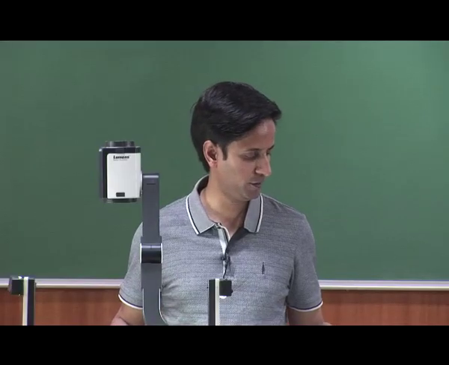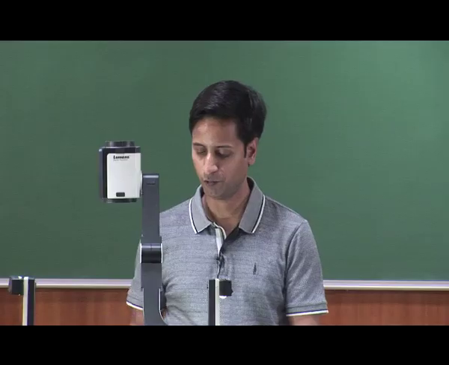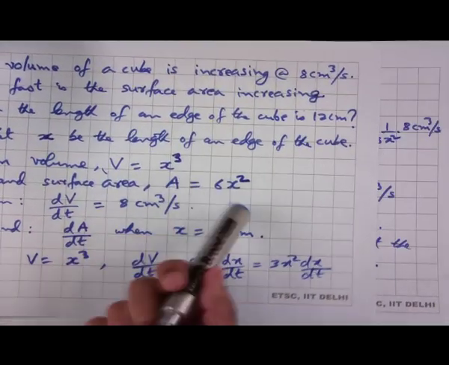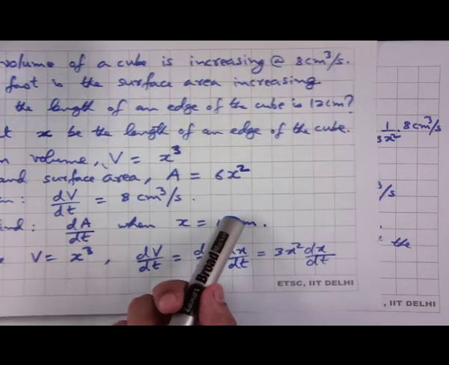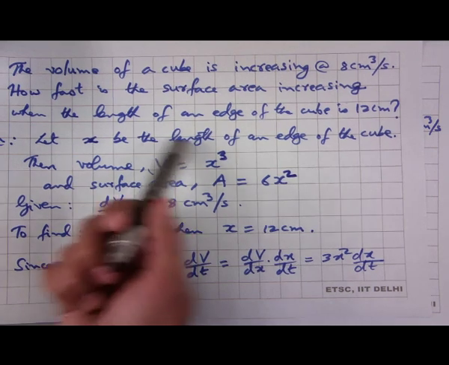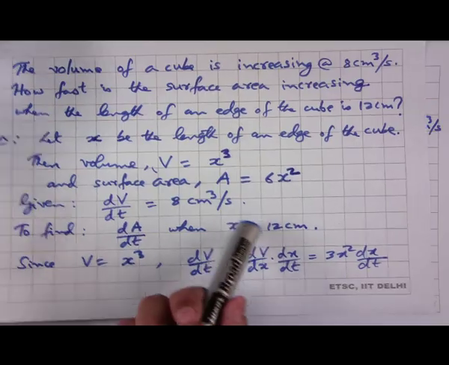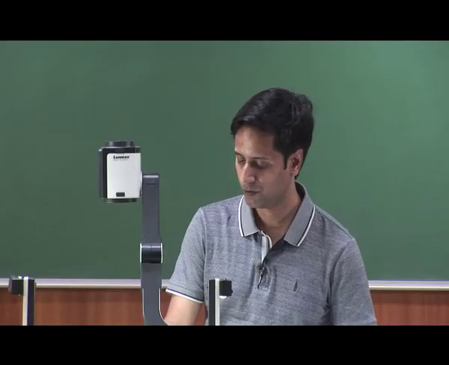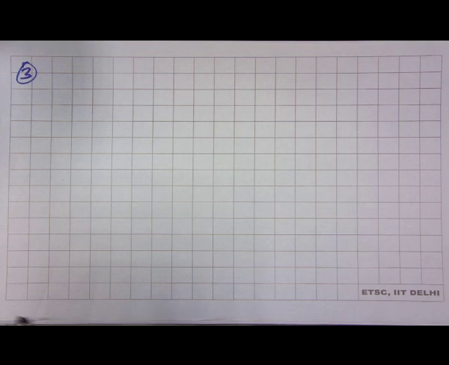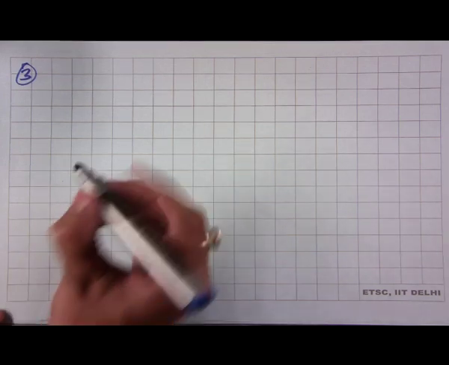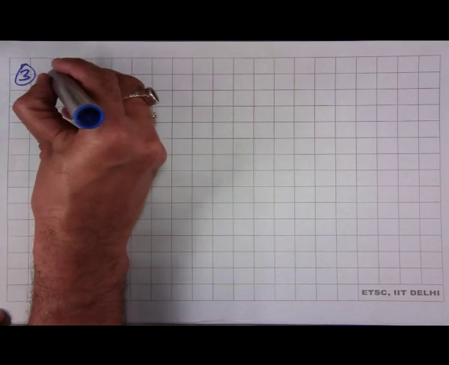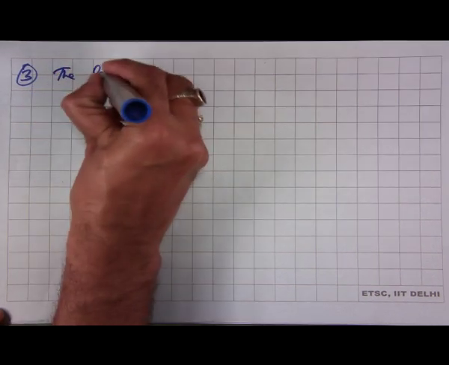So, in this problem we saw that we have two different quantities depending on x, and each depends on t. If we are given the rate of change of one quantity, we can calculate the rate of change of the other. The third problem that we will do, here we have a rectangle and we are given that the length